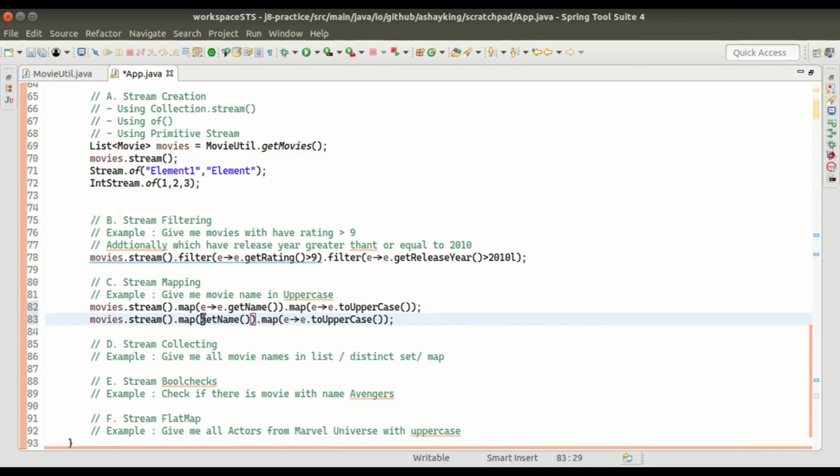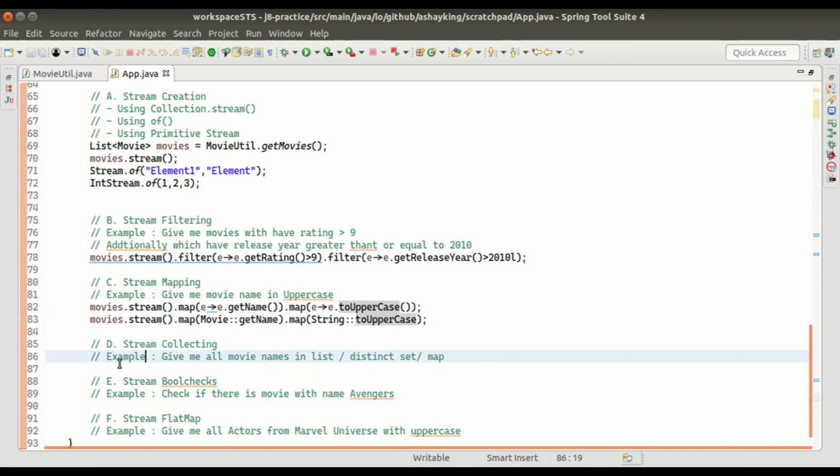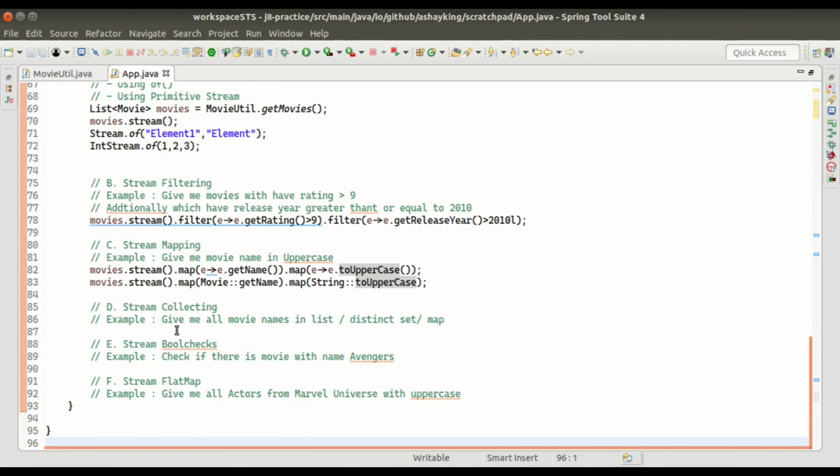And if I want to go fully functional with method reference, I can do Movie double colon getName, and this toUpperCase is present for strings, String double colon toUpperCase. So this is what we can do with the map operation.